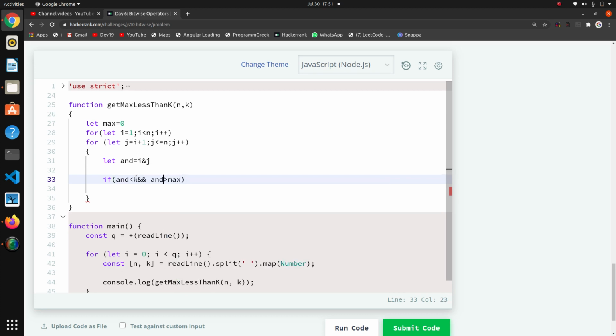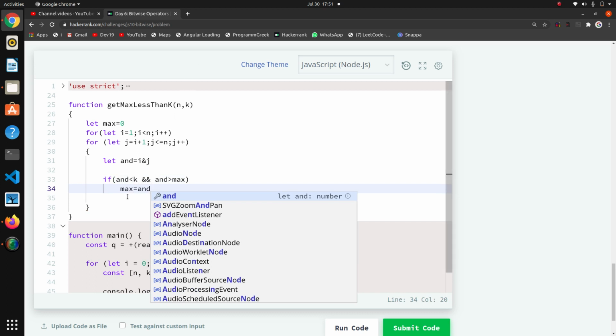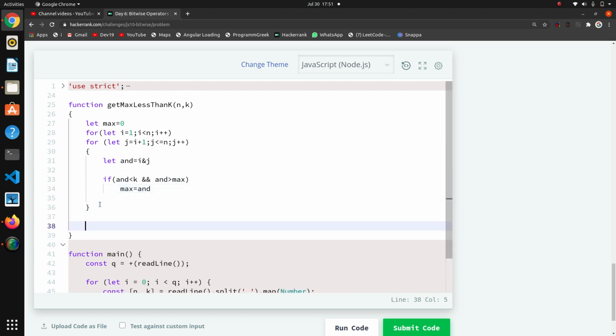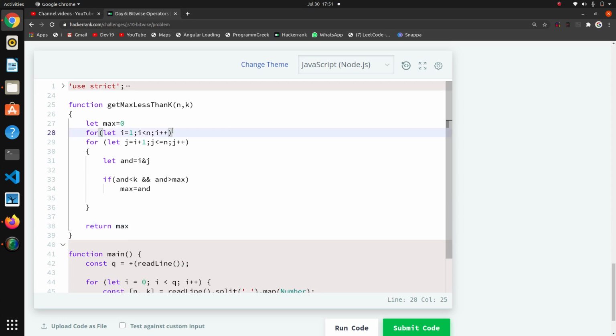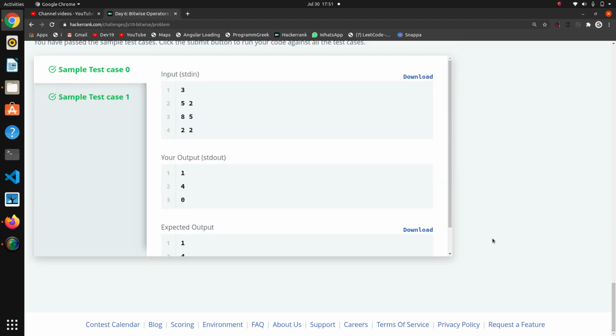If both conditions are true, then we assign max is equal to and. Lastly we are going to return max. You can add one more closing parenthesis to get good formatting. I think this has been done.